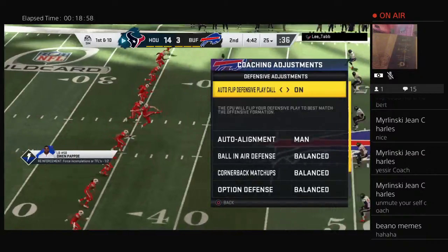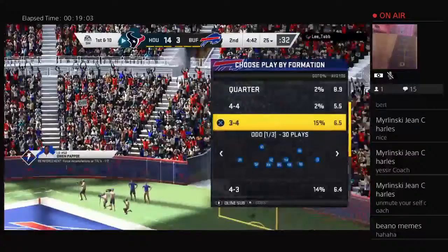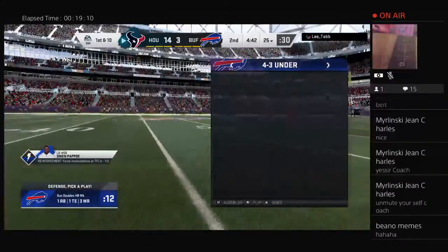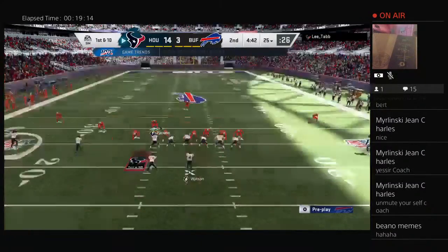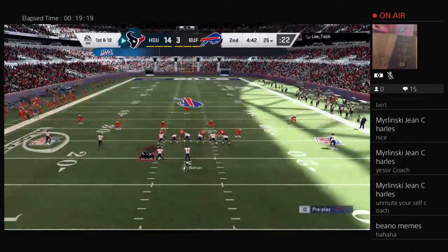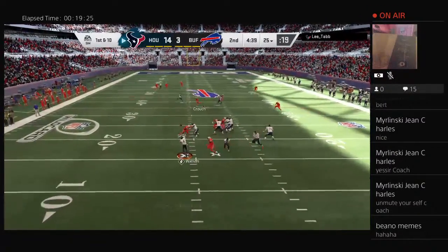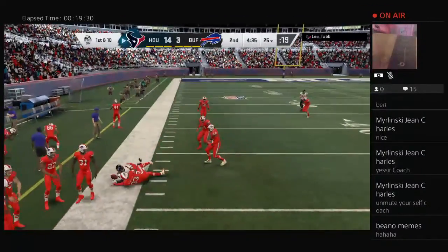At their own 25-yard line, the Texans offense is ready to go here for their next drive. And on that last drive, they went for it on 4th and turned it over. A good job by their defense, though. They held them to 3, but this offense has got to be a little bit better, a little bit more careful here. And sometimes when you see these calls on 4th down, when they decide to go for it, it's not necessarily...